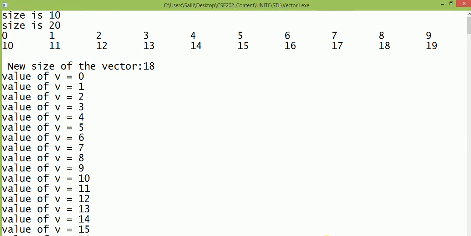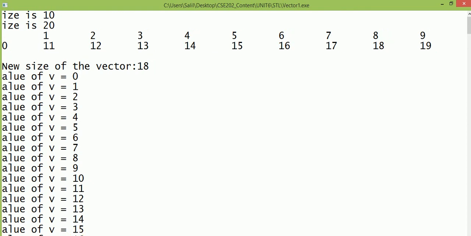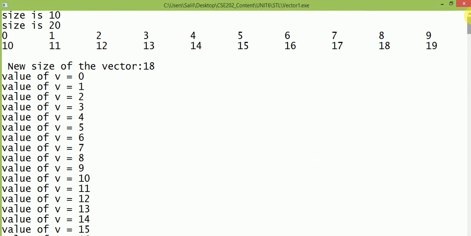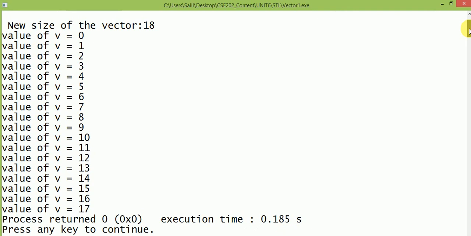And this logic was used to display all the elements of the vector on the screen. So from 0 to 19 all the elements are displayed. After the pop_back operation, 2 elements were deleted and the new size of the vector was 18. And these values are displayed with the help of the iterator from 0 to 17.